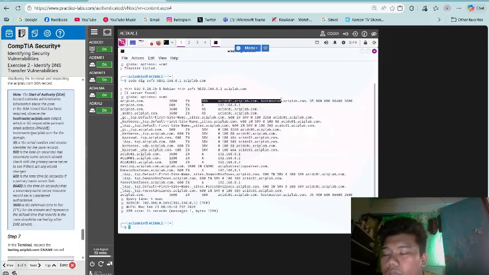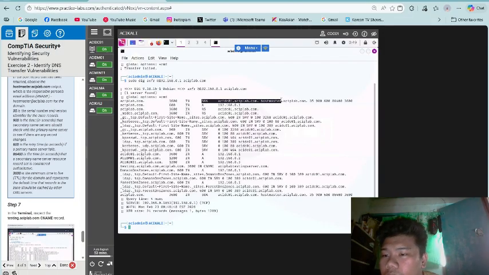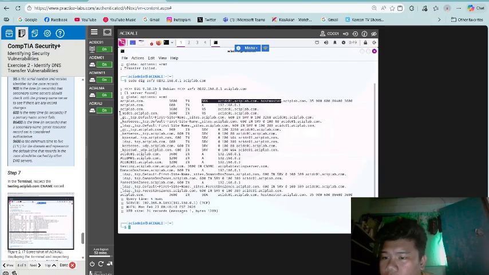Observe the hostmaster.aciplab.com entry, which is the responsible person's email address, hostmaster@aciplab.com, for the domain. 35 is the serial number and version identifier for the zone's records. 900 is the time in seconds that secondary name servers should check with the primary name server to see if there are any record changes. 600 is the retry time in seconds if a primary name server fails. 86400 is the time in seconds that a secondary name server's resource record set is considered authoritative.